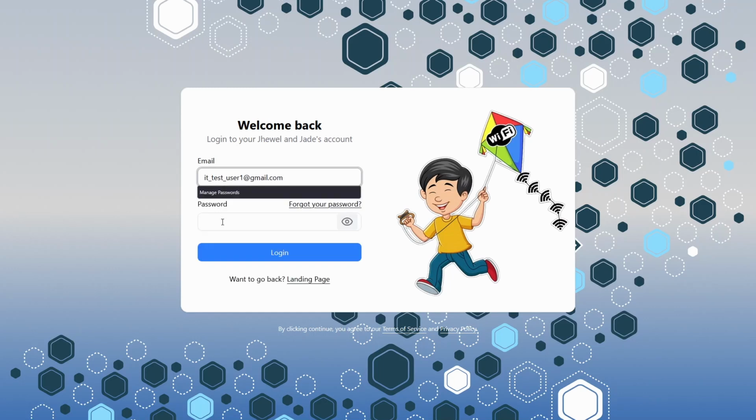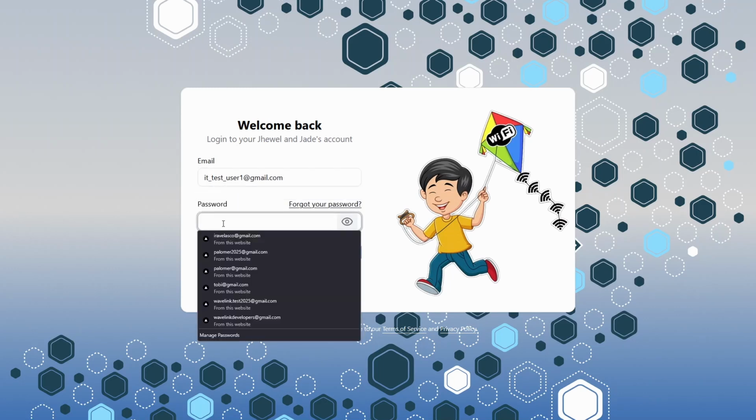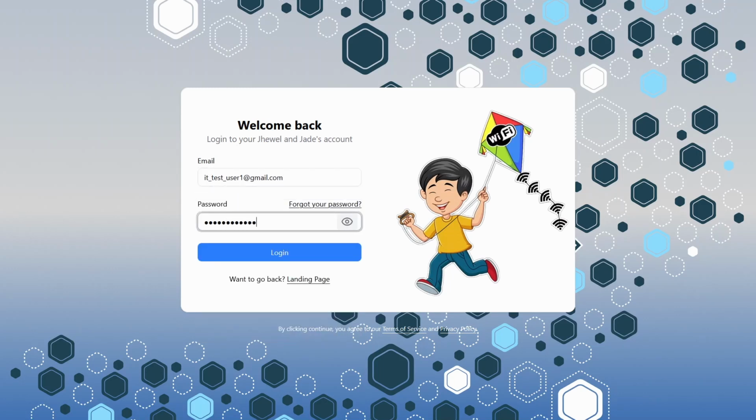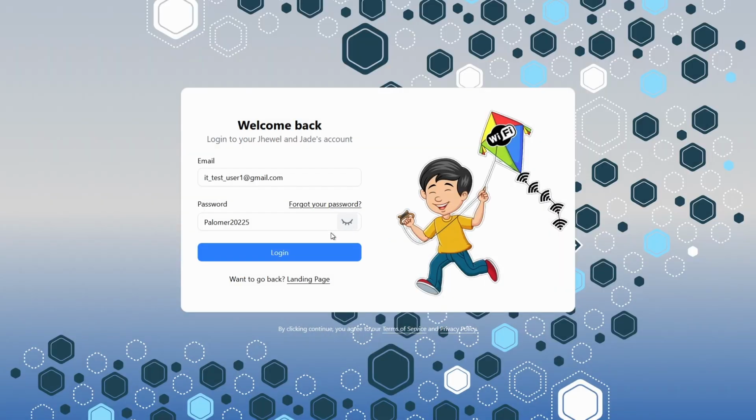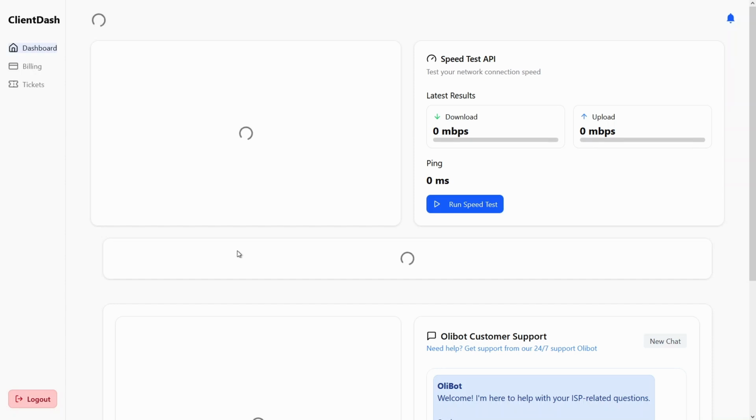Simply input in your designated email like so and your password. Make sure the password you inputted is correct, otherwise you will not be able to log in. So let's just fix this minor error and then proceed to log in. Once you have successfully logged in, it will redirect you to your client dashboard, in which to the left you